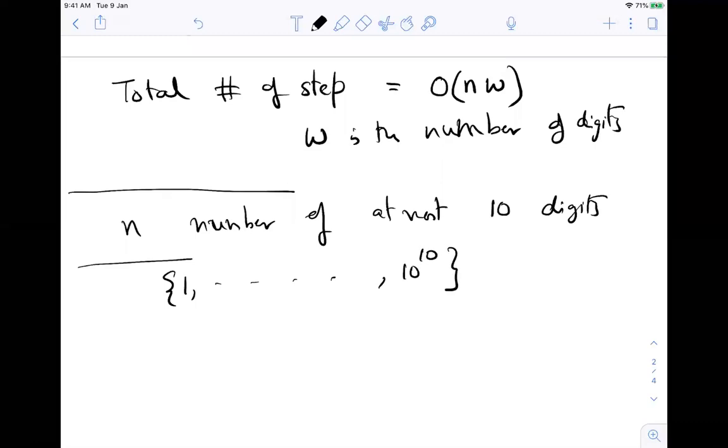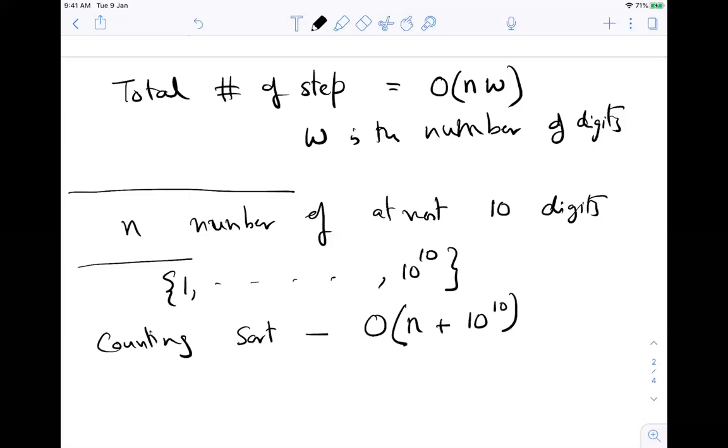So if you had used counting sort, you would have taken order n plus 10 to the power 10. But if you had used radix sort, you would have taken order 10 times n.